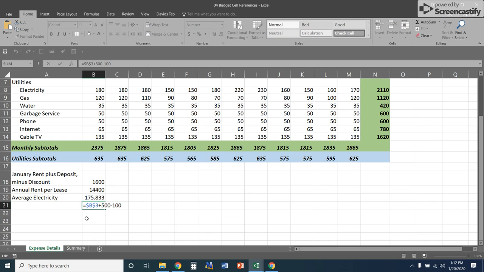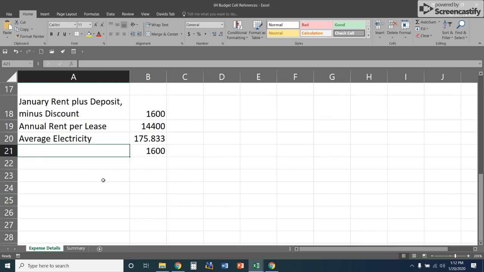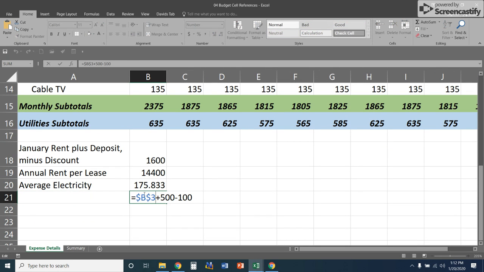B21, if I double click in there, I can either look in the formula bar or in here. I'm going to zoom in a little bit. We are going to take one of the $ signs out. We're going to take the $ sign out before the 3. So we want to lock our column in, but we do not want to lock our row in. I'm going to hit enter. So B3,